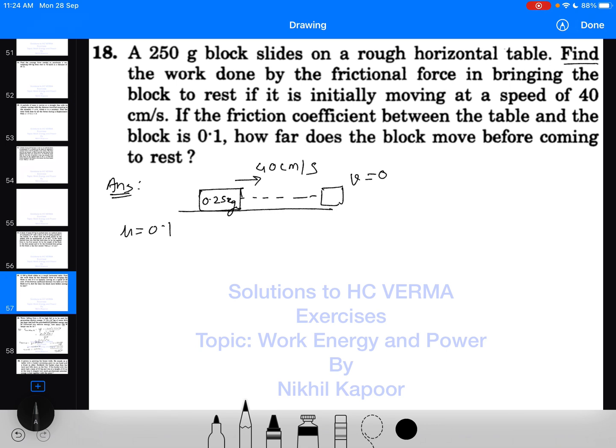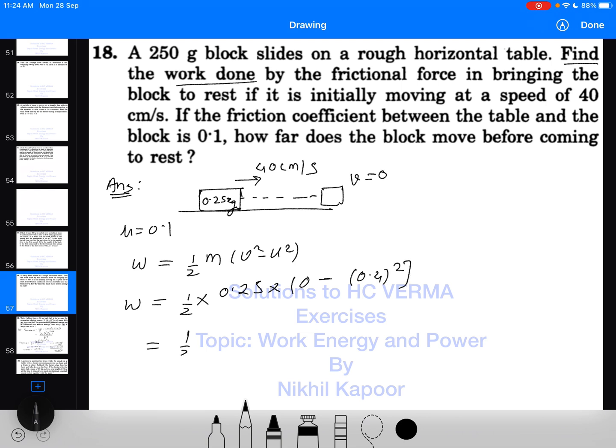So first of all we need to find the work done. As we know very well, work done is nothing but change in kinetic energy, that would be half m v square minus u square. So work done would be equal to half into m, 0.25, into v square. Final velocity is 0 and initial velocity was 40 centimeter per second, so that would be 0.4 meter per second square. So that would be half into 0.25 into minus